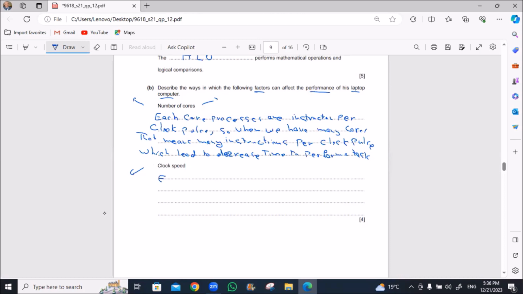So each instruction is executed in a clock pulse. So if we have more clock pulses per second